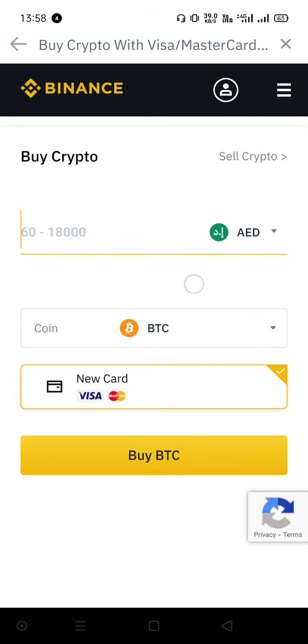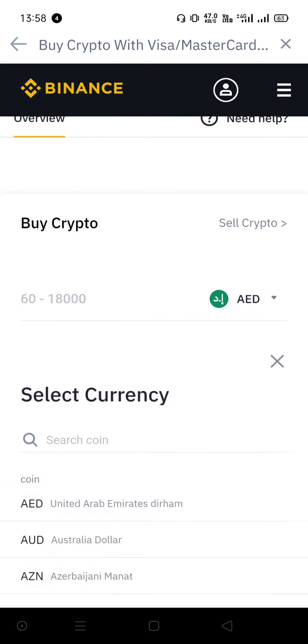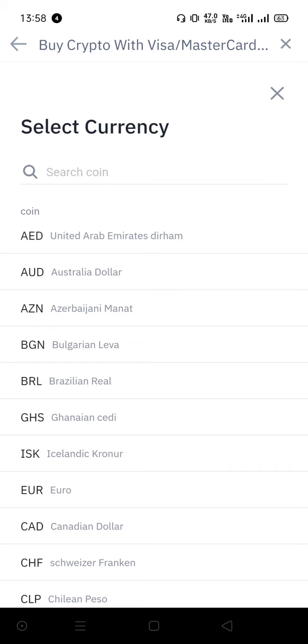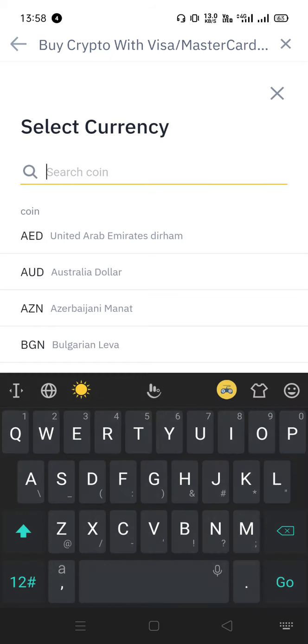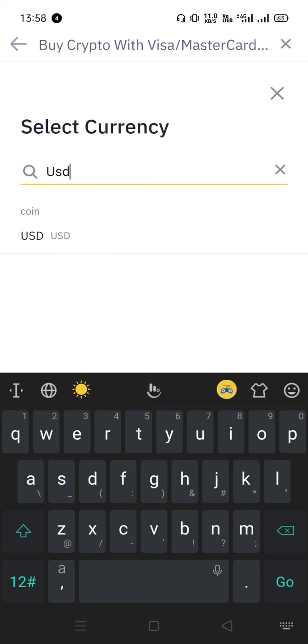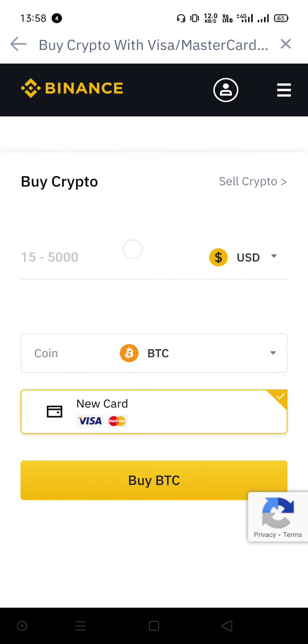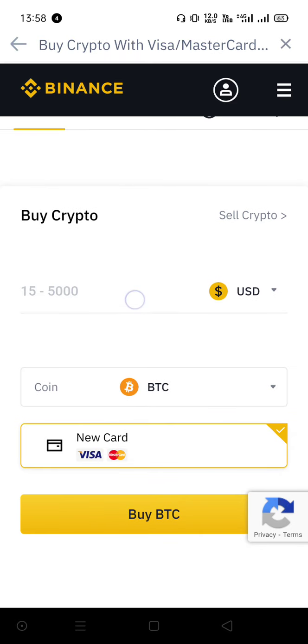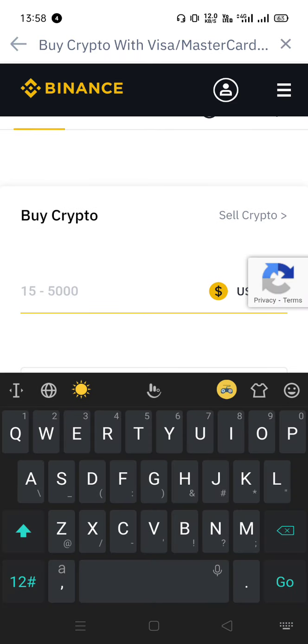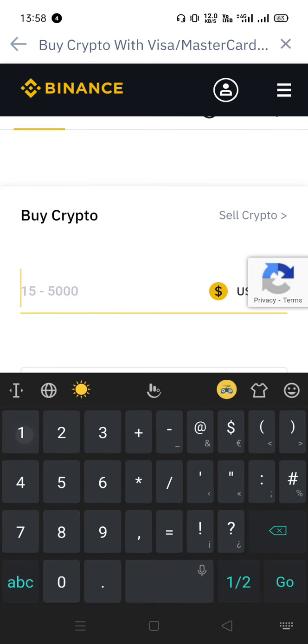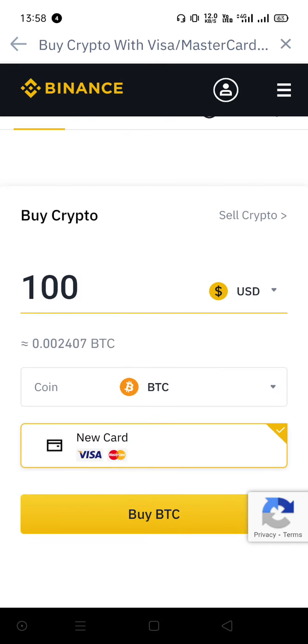And here you need to select the currency. So if you click on this right side option, here it will ask you to enter the coin. So here you can't buy that using your INR. You can only buy that using your US dollars. Okay, and here the minimum US dollars you need to afford is 15, and the maximum would be 5,000. Okay, so suppose let's say I'm entering 100 US dollars, and after that, below that you can see